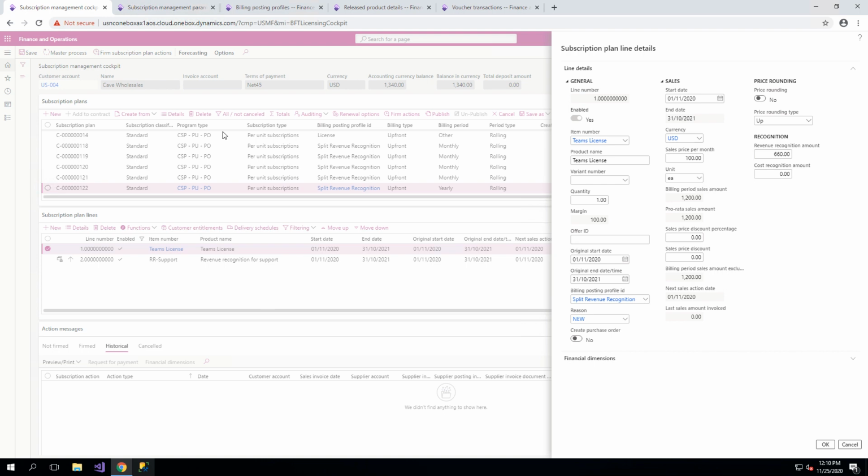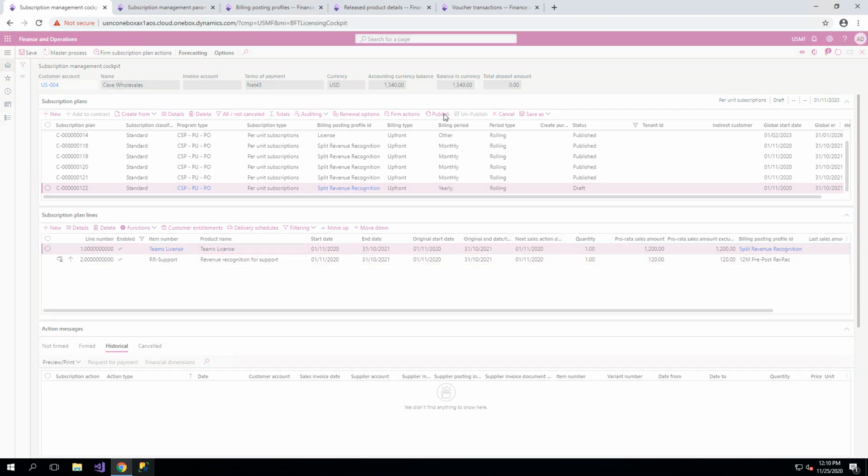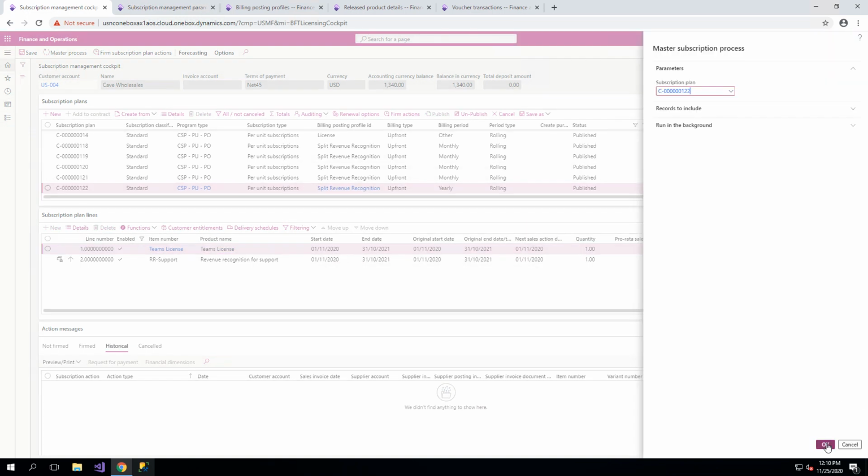And it's also worth noting that the financial dimensions can be granular per line. So if you want to post your revenue recognition for support on a different financial dimension set, that of course we also support, and it's part of the flexibility that we offer here in Lisa. So now I'll go ahead and publish. I'll run the master process,